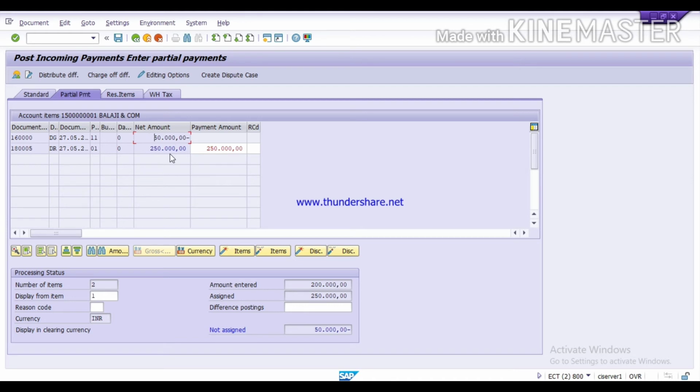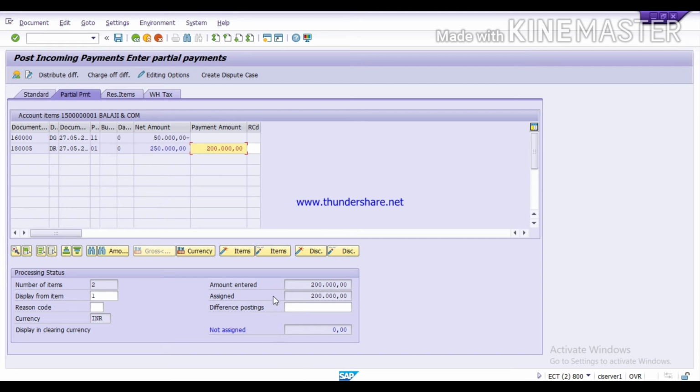Here in front of 2,50,000, which is our total invoice amount, we will give 2 lakh rupees because we are doing partial payment. We just now press enter.